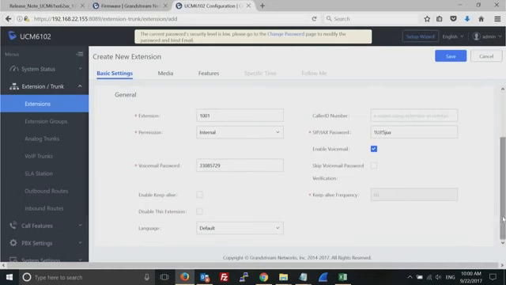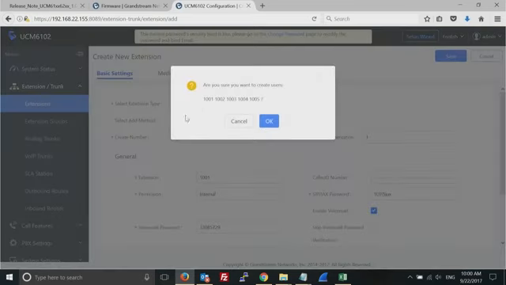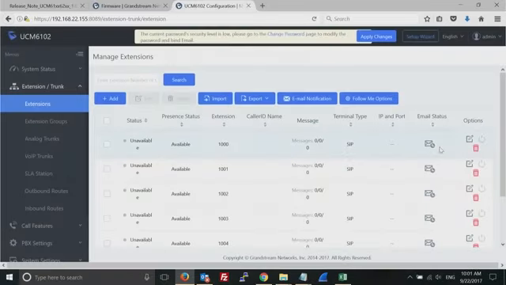You go down, just kind of review everything. And I'm going to explain each option later on. But then when you click Save, actually, let's add 5 more extensions. Say yeah. And now you're going to see all the extensions created right here. So now this UCM has 5 new extensions. If you go to the Edit button,